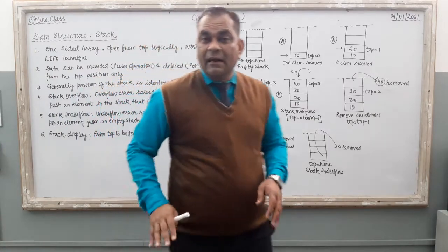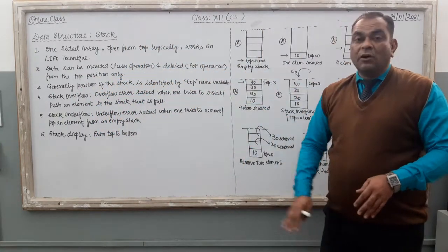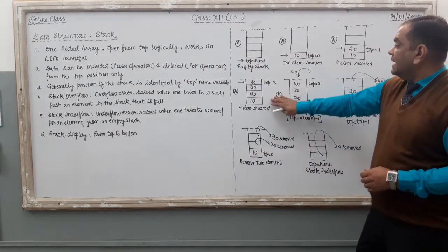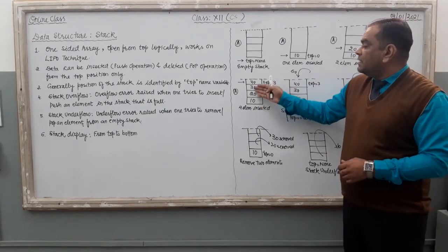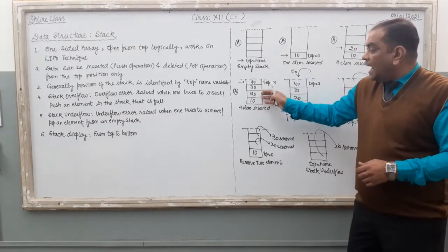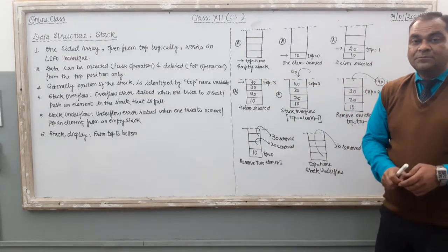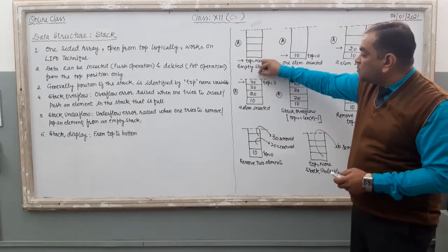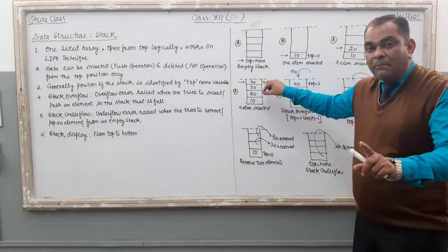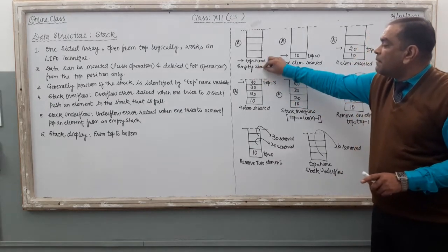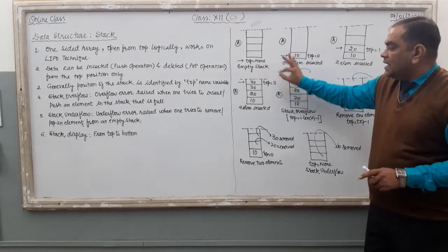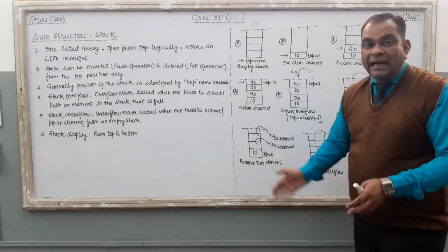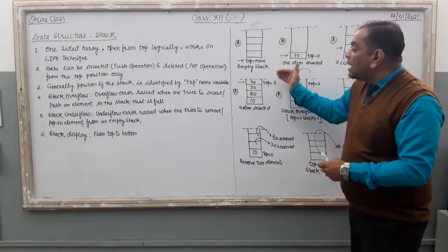LIFO is one technique in our computer industry. LIFO stands for last in, first out. What is the meaning of last in, first out? If you see this stack, 10, 20, 30, 40, four different elements are there in the stack, and if you want to remove any element, the deletion can occur from the top side. It means if you want to remove an element from the stack, very first you should remove 40, then 30, then 20, and then 10. It is from the top surface only.